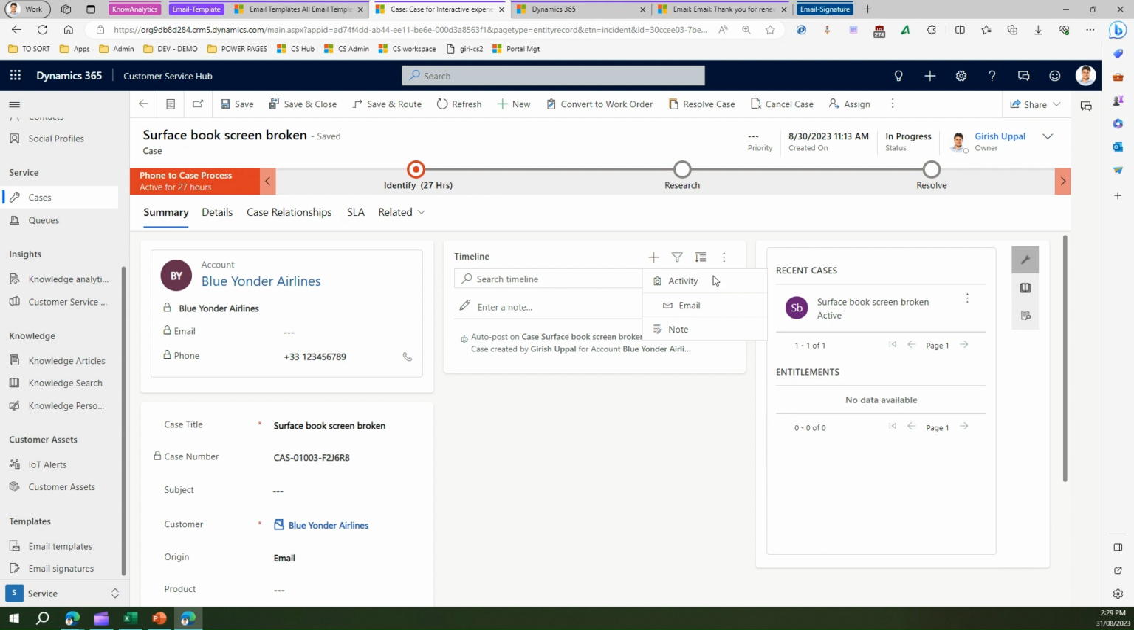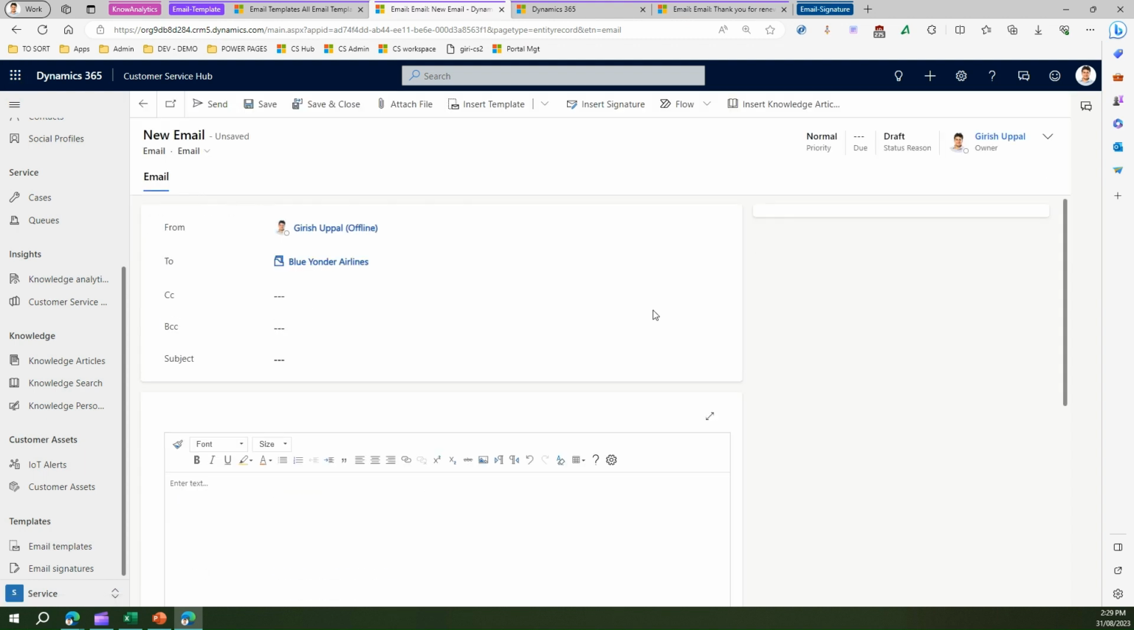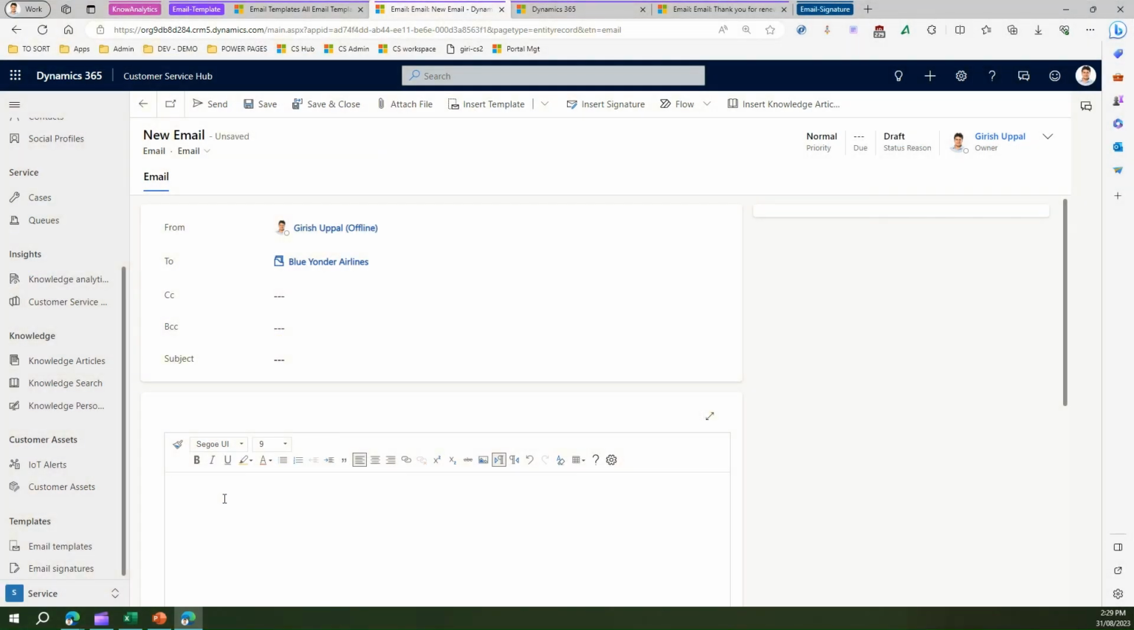If I click on email over here, or let me click on put an email, I can put an email over here. Now under email, in the content area, I can draft my own content, or maybe I can make use of the template. If I click on template here,